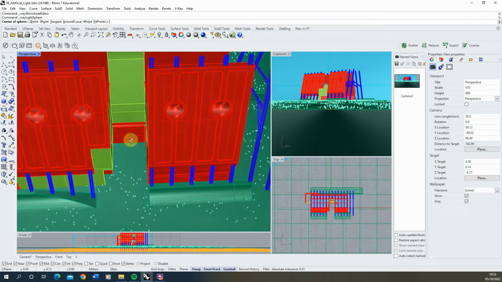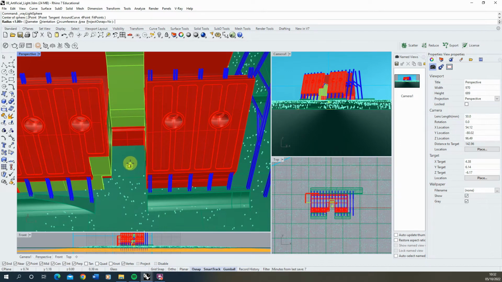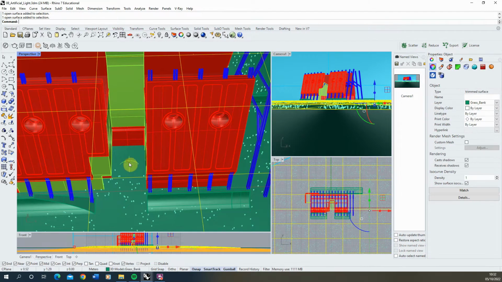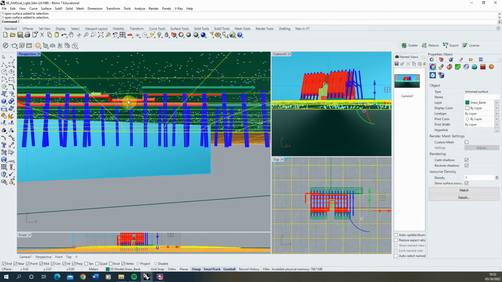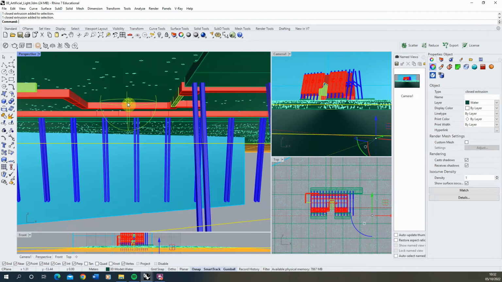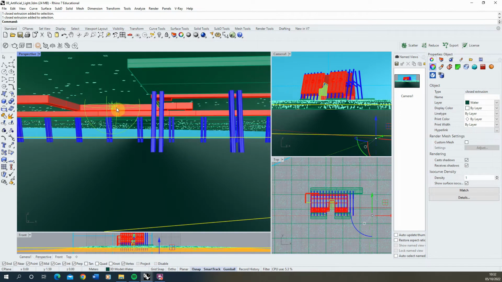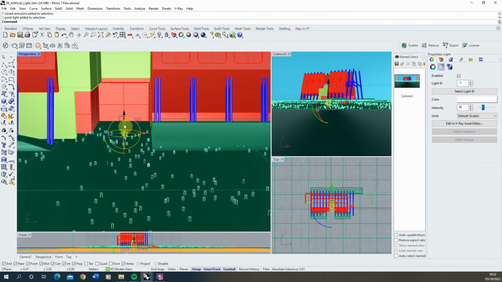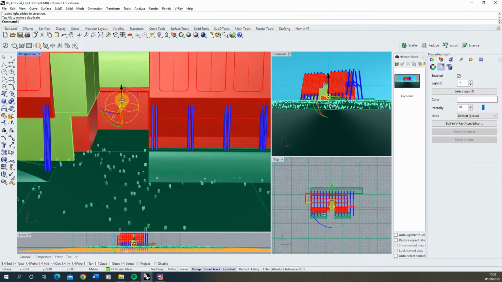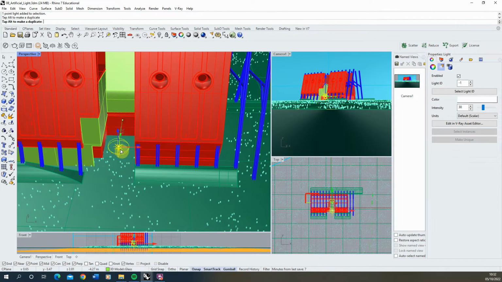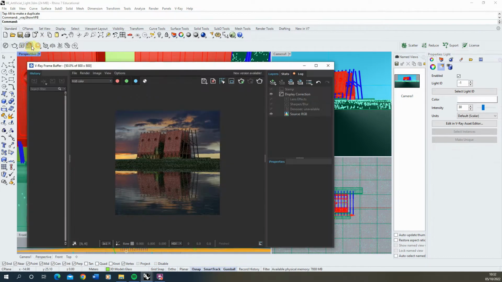Now I'm going to try and get it in this gap here, so we don't want it too big. I think about there, it's good. Once we've done that, we'll select that sphere. You'll usually find you have to click it in the center in order to select it, like so, and we'll just move it up into view. Now let's move it out of the building for now so we can preview it, and we'll open up the VRay frame buffer,